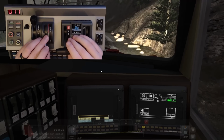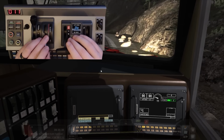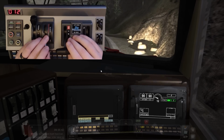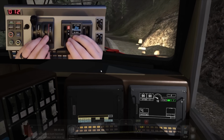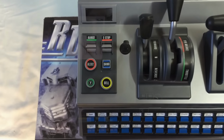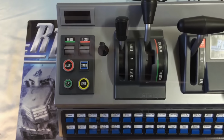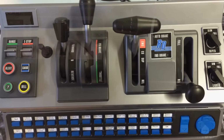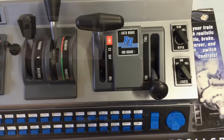In conclusion, I have to say that I would certainly not suggest for everybody to get it, but if you are serious about the simulations and you want to take your experience with the train simulator to the next level, then by all means give this one a try